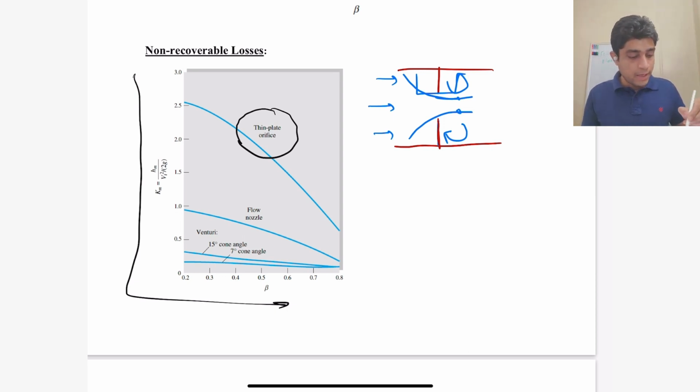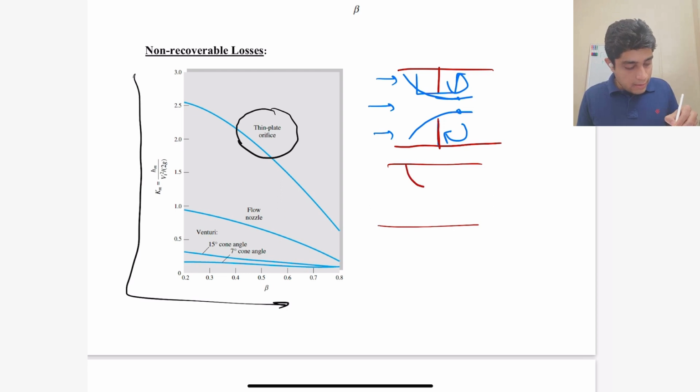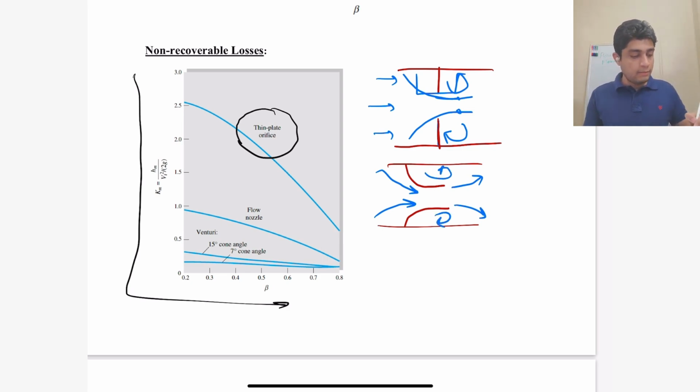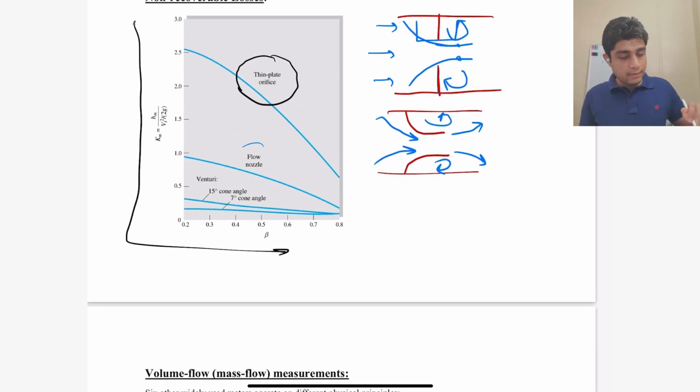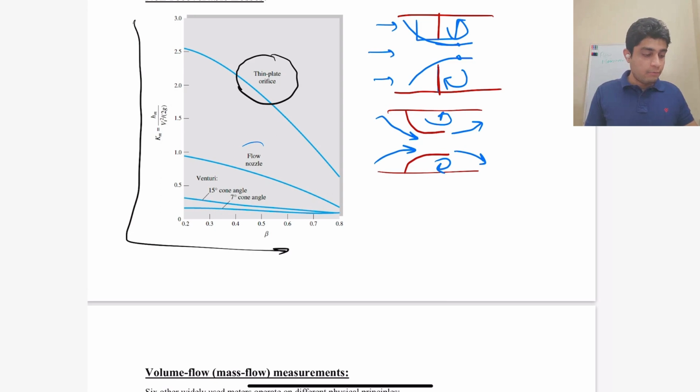Because of this, the minor losses are the maximum in an orifice plate. But in a venturi nozzle, since we are guiding the flow as it contracts, the losses are somewhat minimized. But since the fluid expands suddenly as it comes out, the dead water regions are still present, and because of that we have some minor losses, which are lower than a thin orifice plate. And the losses are the minimum for a venturi